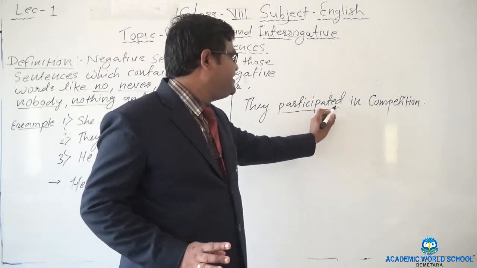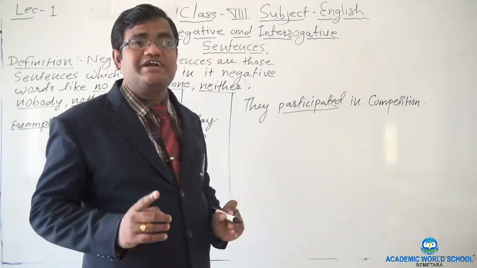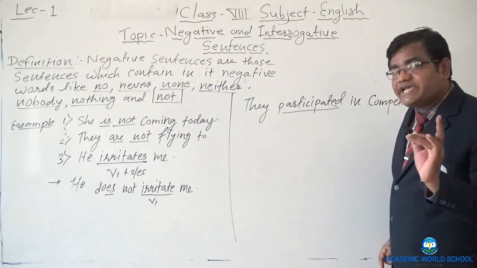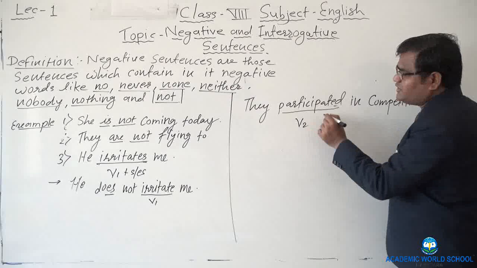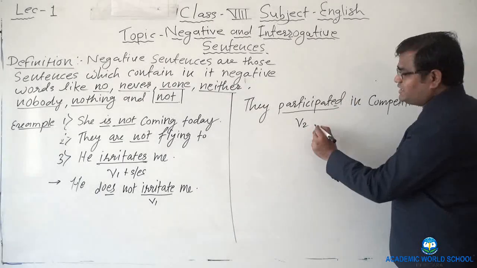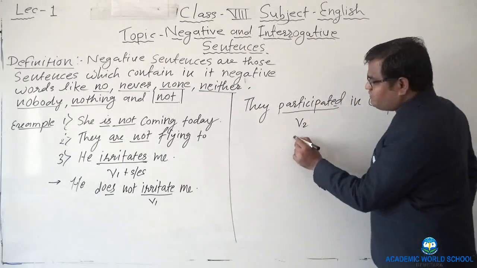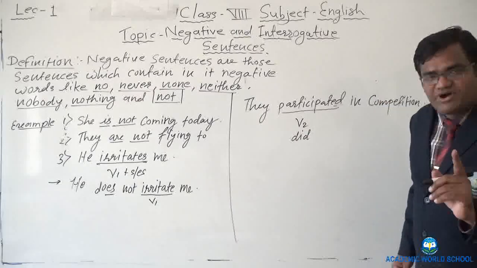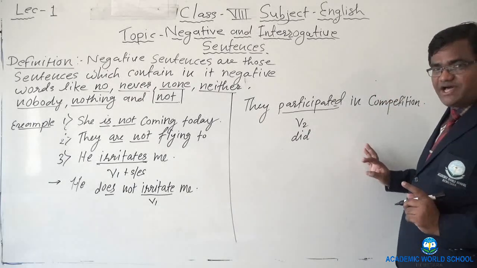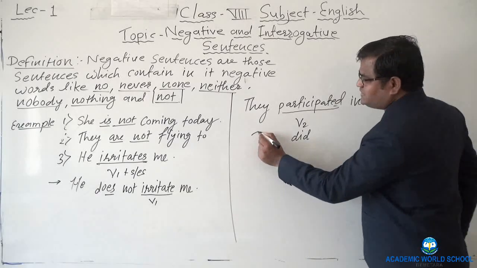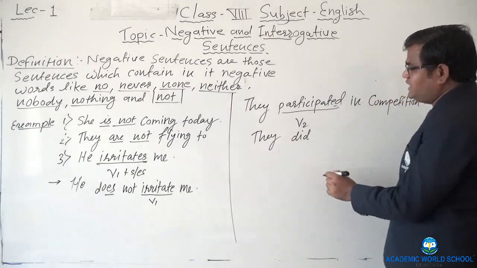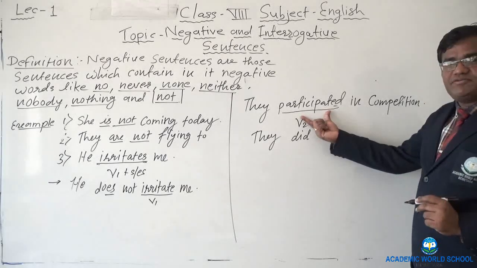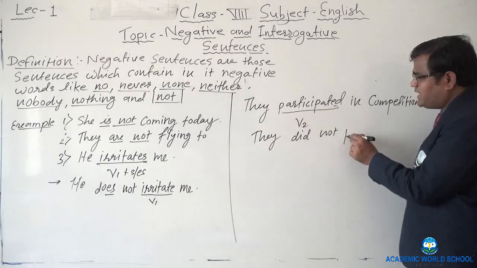It is, because ed tells that the second form of the verb is used. So in that case, whenever the second form of the verb is used, what we generally do is use the helping verb did for the second form of the verb. So what would the answer be now for making the sentence negative? They did not. Then the first form of the verb as usual. Here I will write participate.